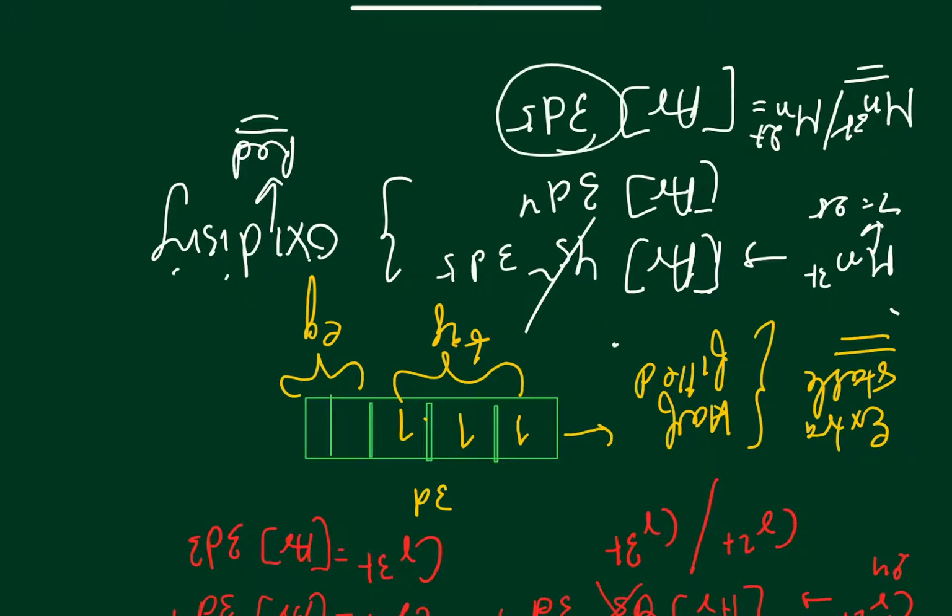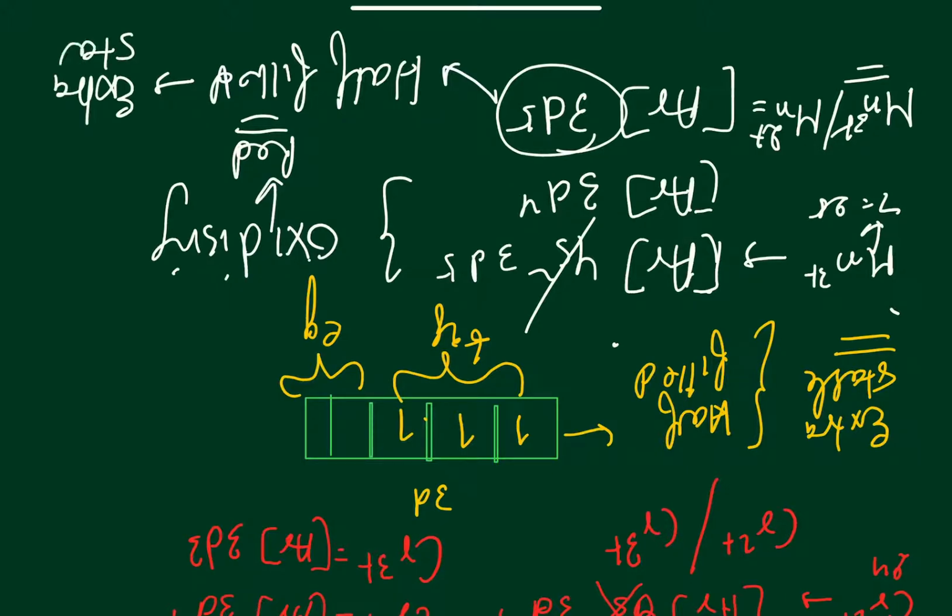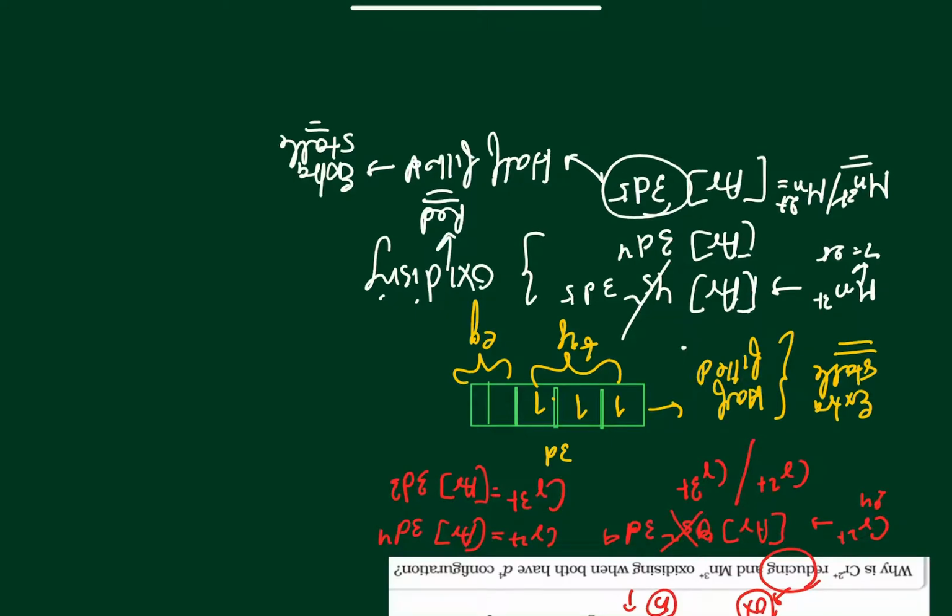3d5, d5 is half filled. The d subshell has a maximum of 10, so this is half filled, and half filled obviously means extra stable. The thing you need to understand here is that fully filled and half filled subshells offer extra stability. So when manganese, which is oxidizing, undergoes reduction, it gains an electron and gets the 3d5 configuration. 3d5 is like this, 5 electrons are filled. This is half filled and extremely stable.